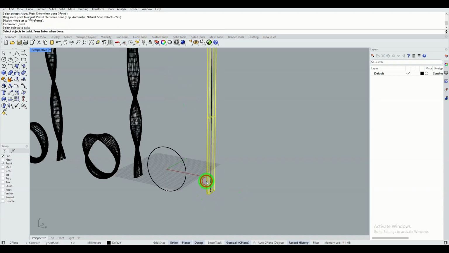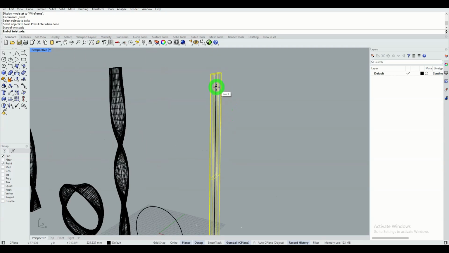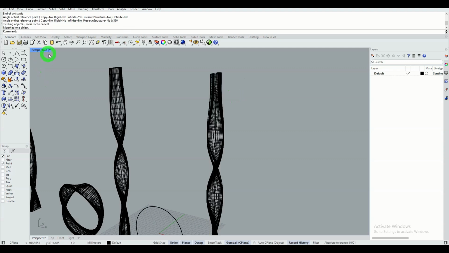I select the object, confirm, then I define the axis no longer along the line, but from the bottom point to the top point. Infinite set to no, angle 360 degrees.